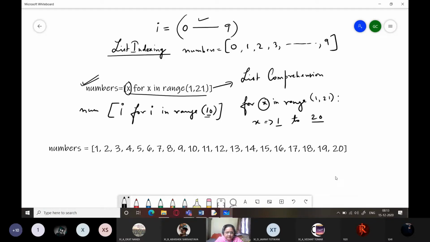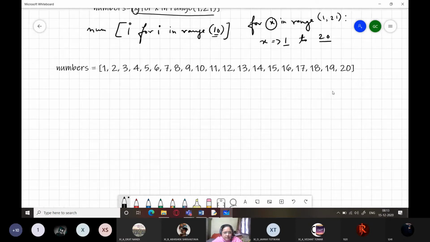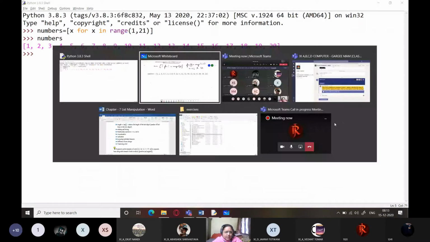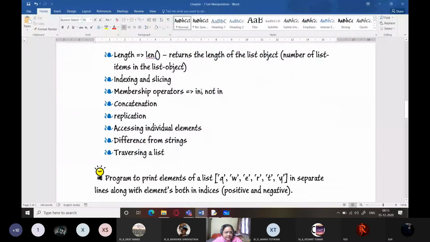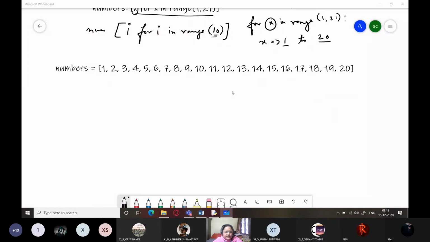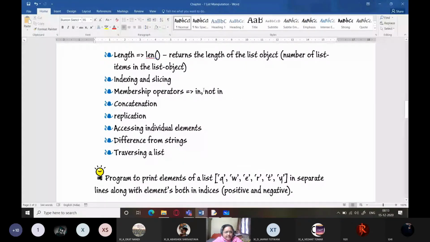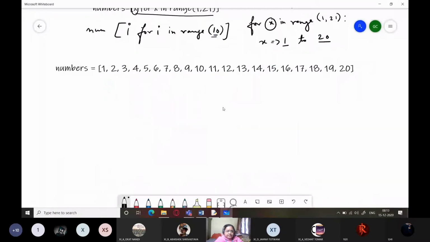I have this list over here, and now on this list we are going to perform some operations. First is the len operation, which we have already seen. Next we are going to see indexing and slicing operations. Talking about indexing, each of these values will have both positive indices and negative indices.